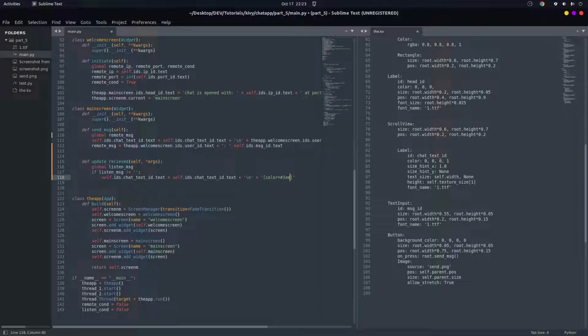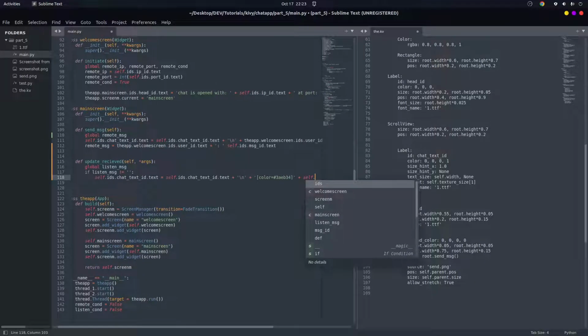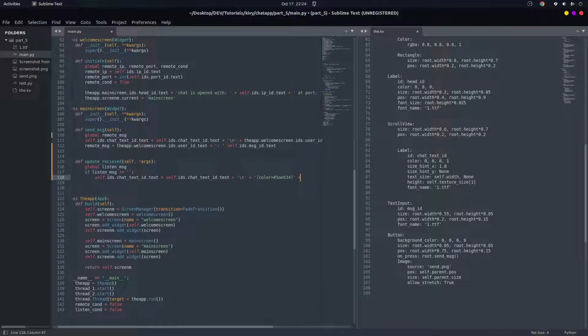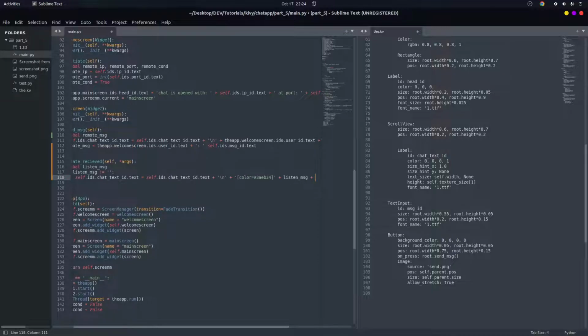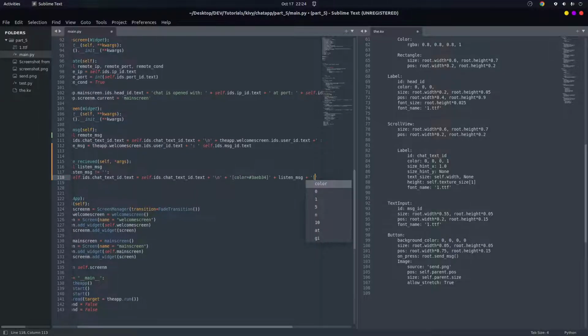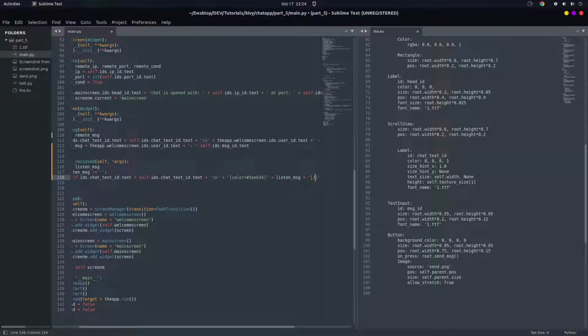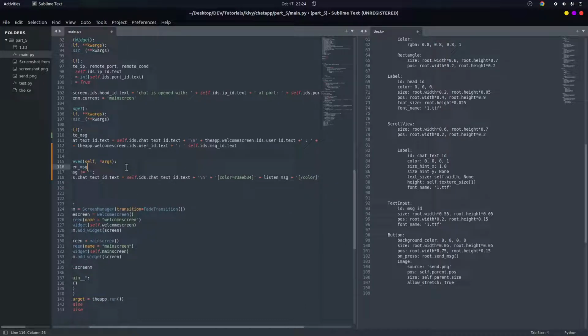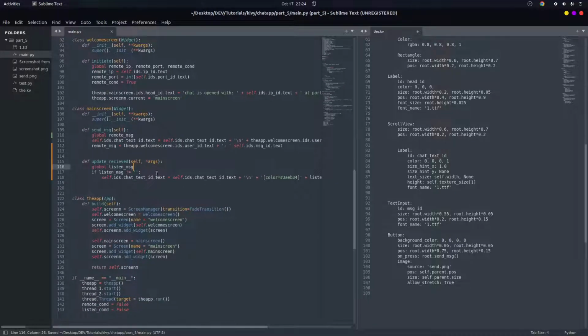So 3AEB34 this way, plus self, let's just say plus listen message, plus we're gonna close the color tag, so this way, color this way. And when we push the text that we've written,